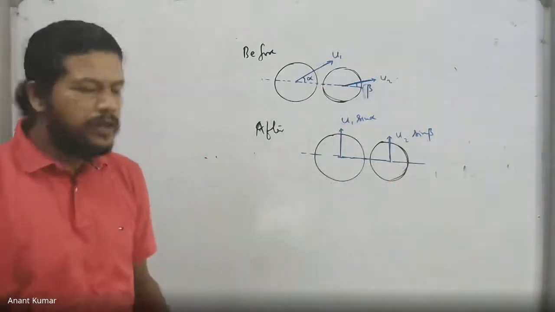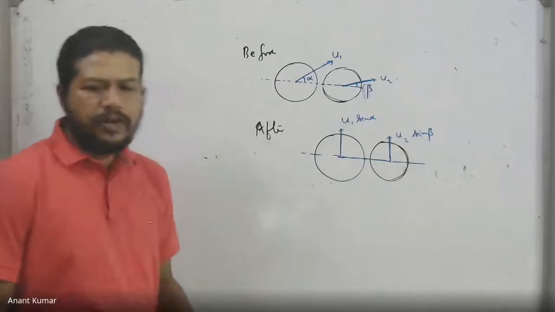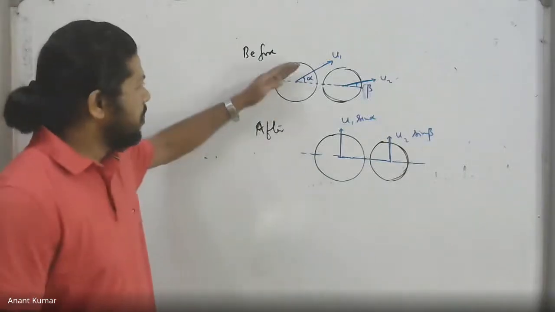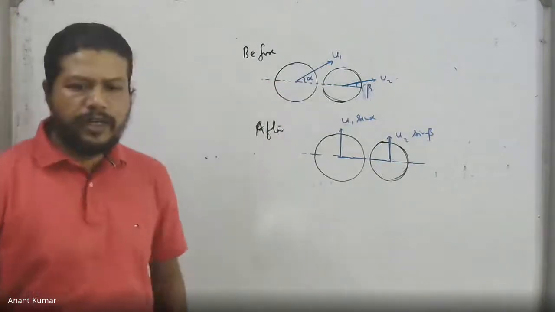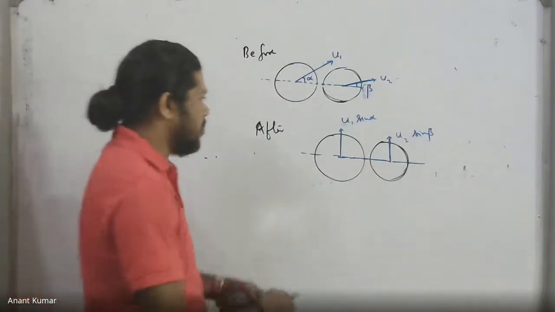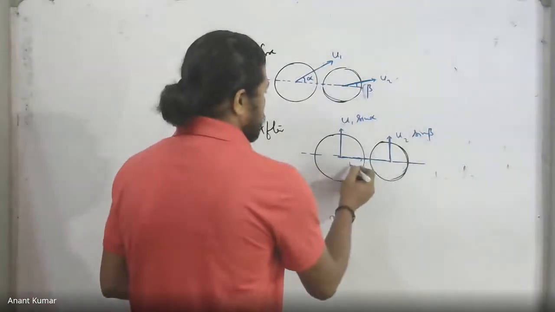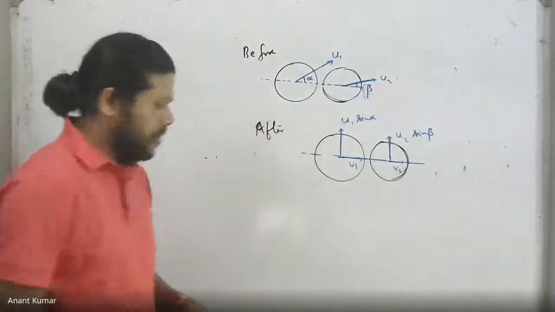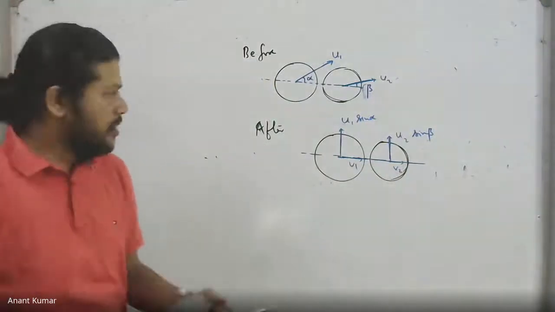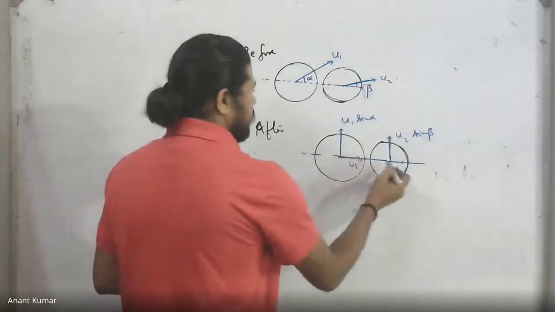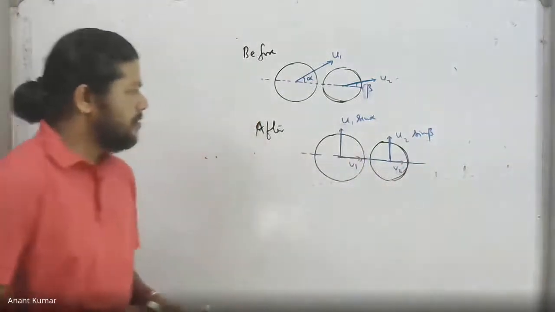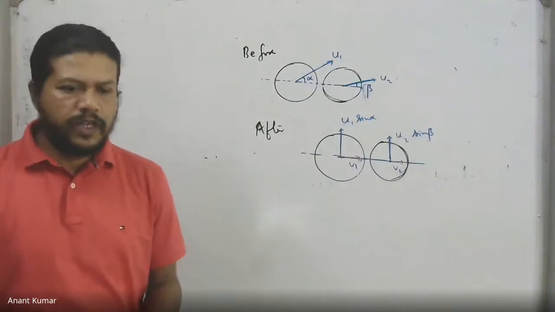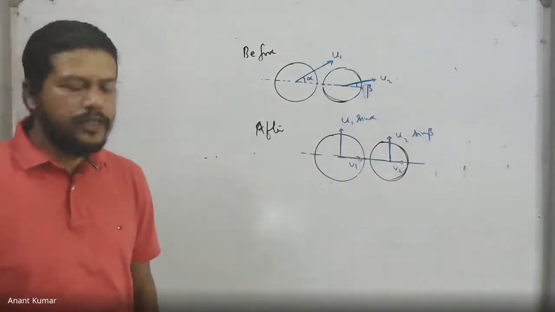So we can now proceed exactly the same way I did for a one-dimensional collision. The only difference is that the incoming velocities will be u1 cos alpha and u2 cos beta, and the final velocities along this line, you can assume, for example, this is v1 and this is v2, along the line joining the centers. In the other direction, the velocity is conserved because there is no impulsive force in that direction. So the velocity will not change.